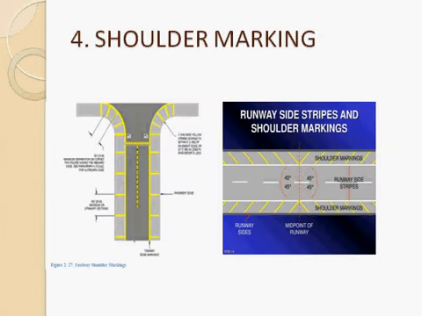Next is shoulder marking. The shoulder markings are painted in yellow color, and for runway shoulder marking, we will mark that as diagonal strips like this, having width of 90 centimeters. So like this we will have runway shoulder markings, diagonal markings. And if it is taxiway, here also you will use yellow color, but the markings will be perpendicular to the direction of movement of the aircraft. So these markings will be perpendicular, not diagonal. Then if you have blast pad provided, there we will use V-shaped markings. So it is shoulder marking.